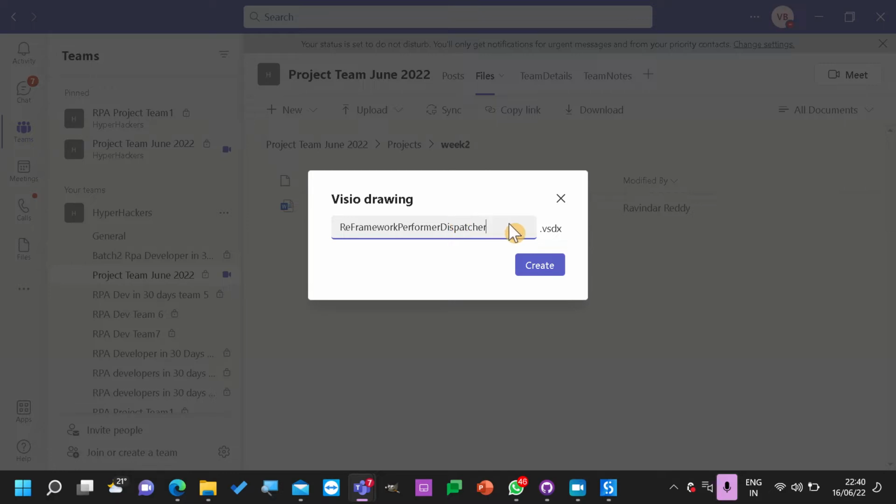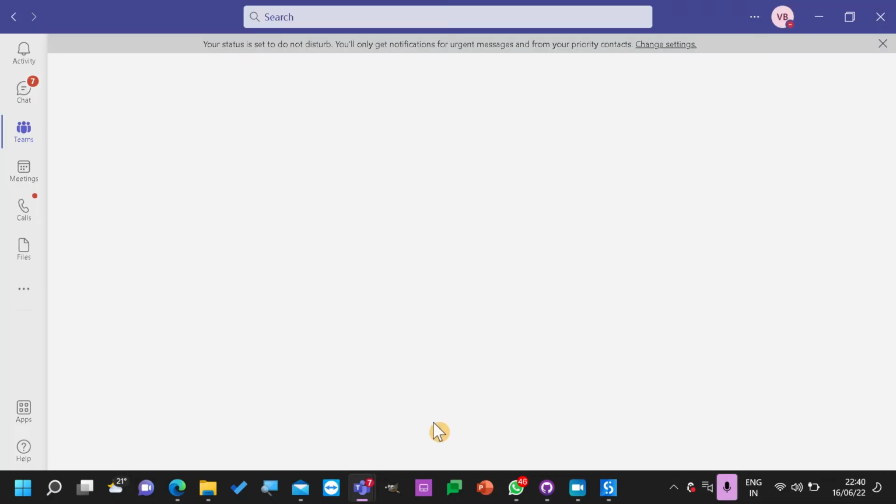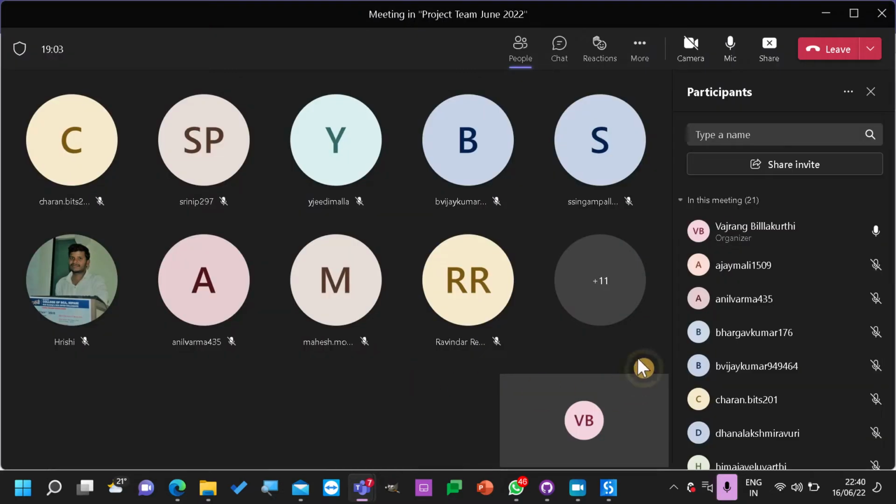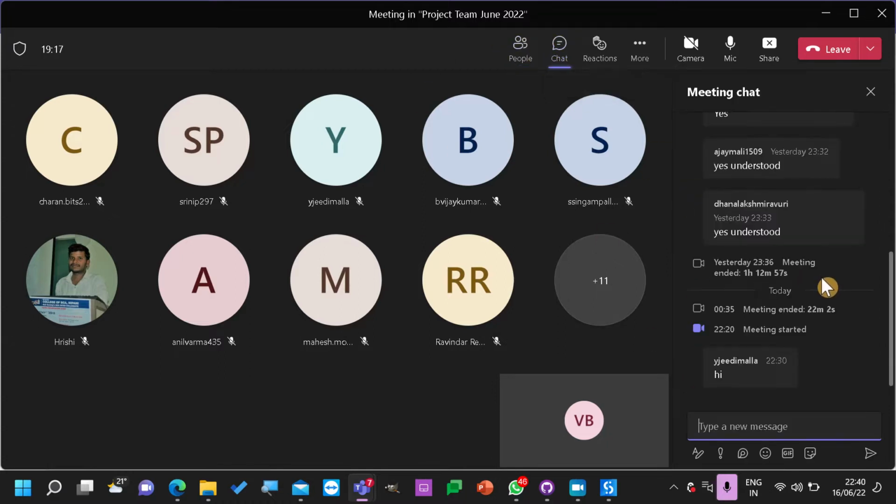So what is dispatcher and what is performer? Can anyone just type in, or you can also unmute and talk? What is the difference between dispatcher and performer? Please unmute and talk.